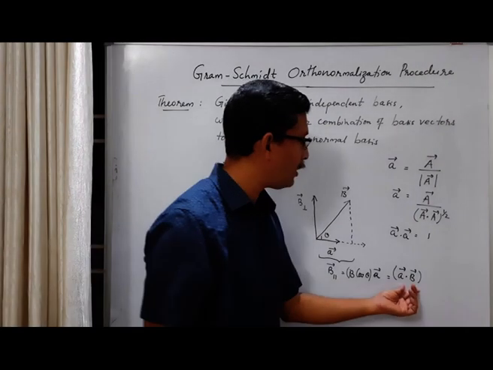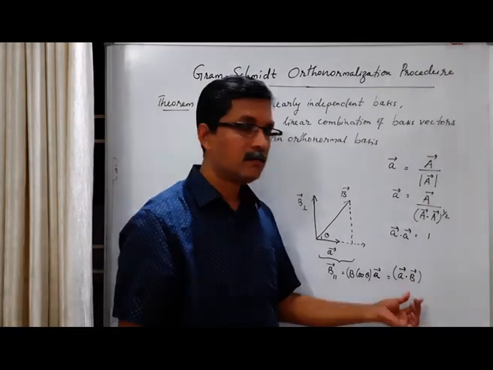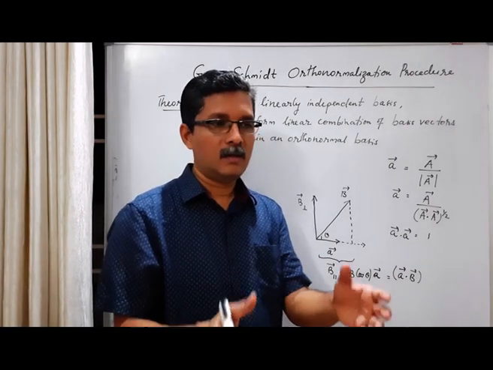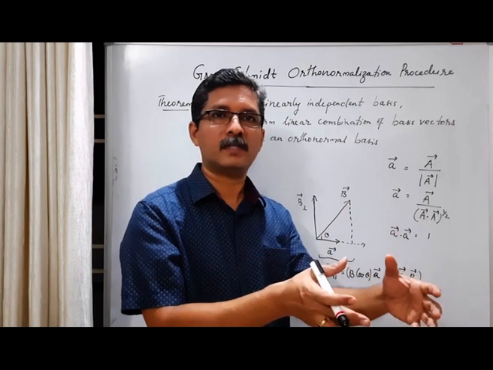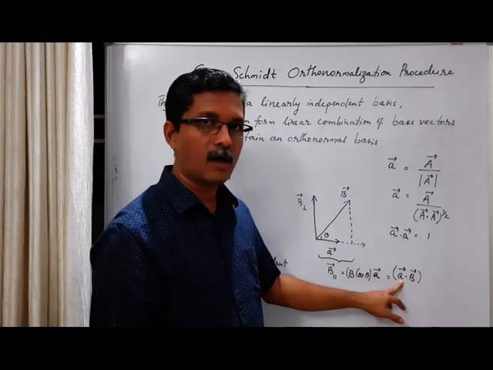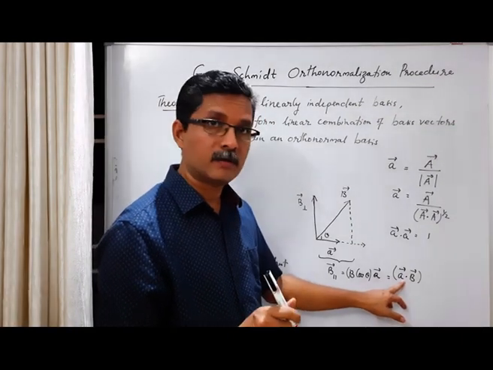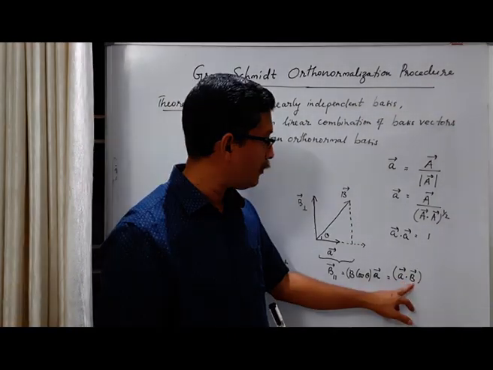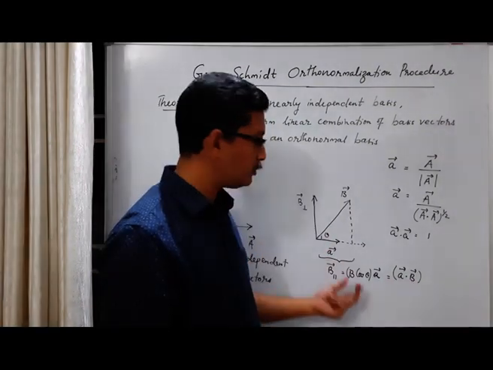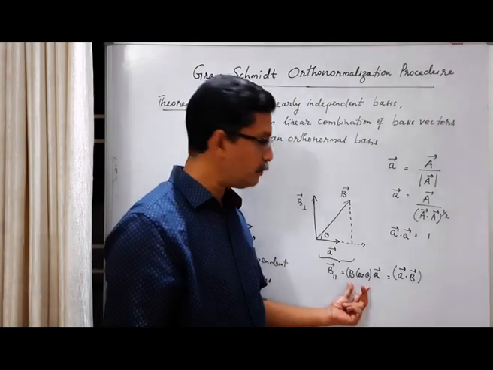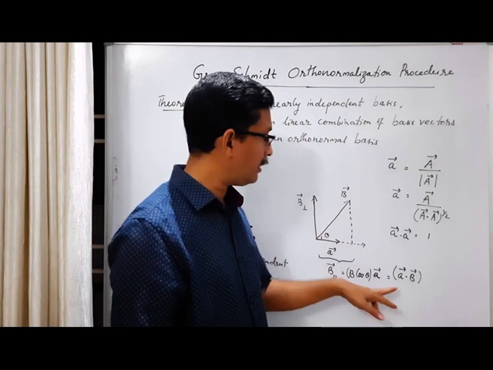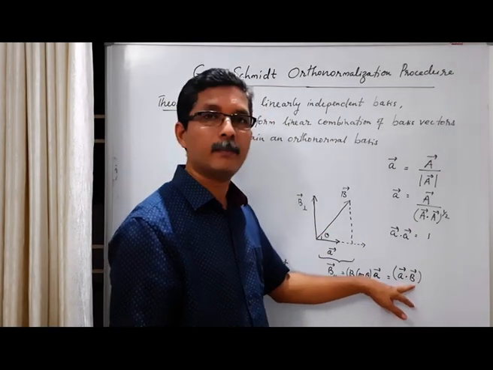What is the expansion of A dot B? What is the expansion of the scalar product or dot product between two vectors? Magnitude of the first vector times magnitude of the second vector times cosine of the angle between the two vectors. Magnitude of the first vector, small vector A, is 1. Magnitude of the second vector is B. And the cosine of the angle between the two vectors is cos theta. So this is simply B cos theta. So this B cos theta is the component of B along the direction of A, and that is obtained by taking the scalar product between A and B.